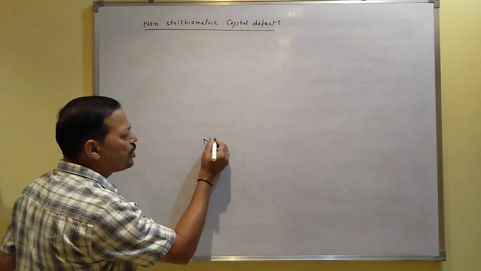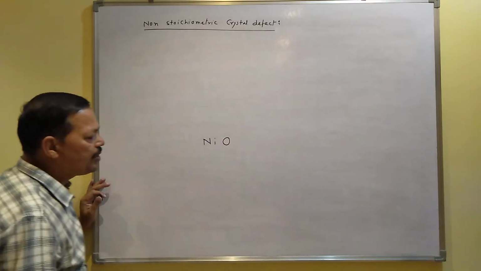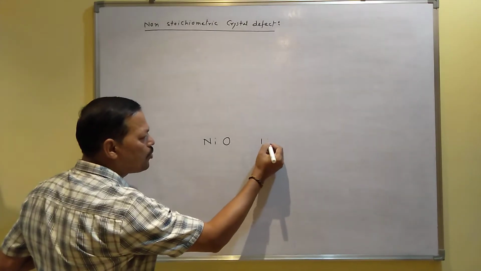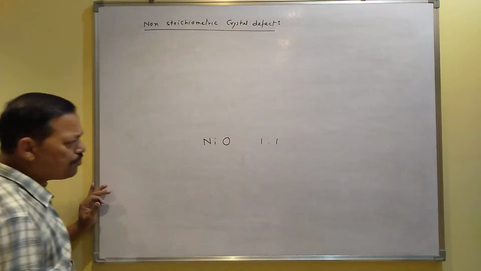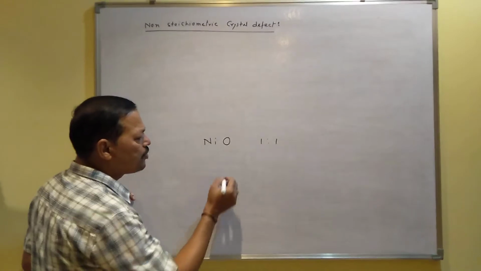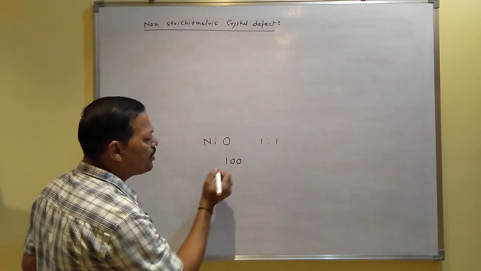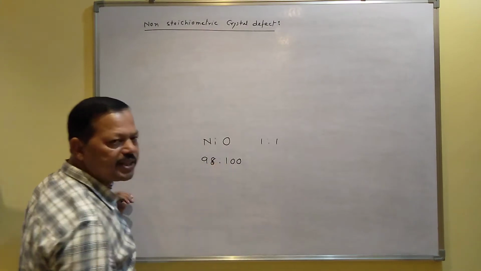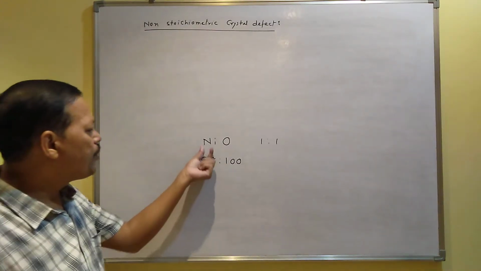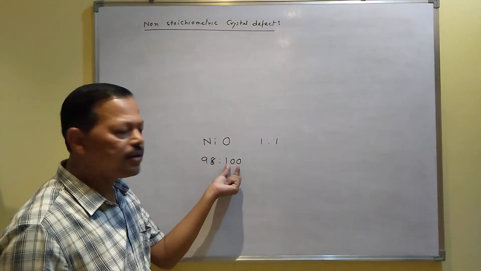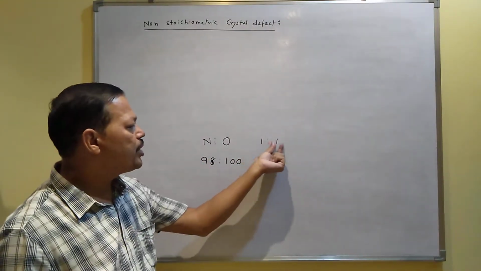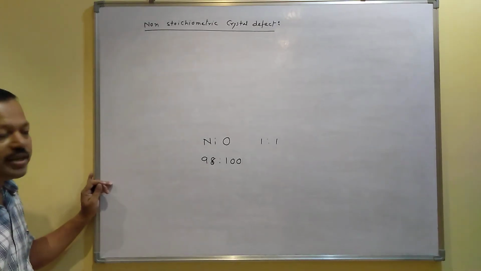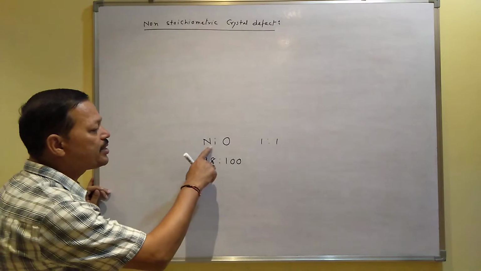For example, if you consider this crystal, nickel oxide, the ratio of nickel to oxygen should be 1:1. But in this type of crystal, if you get oxygen 100, then nickel you will get 98. This type of ratio you will get inside the crystal. I mean, the number of cations and the number of anions is not the same according to the ratio given in the formula. This type of crystals are called non-stoichiometric crystals, and the defects shown by this type of crystals are